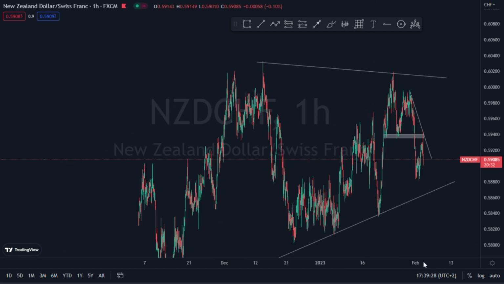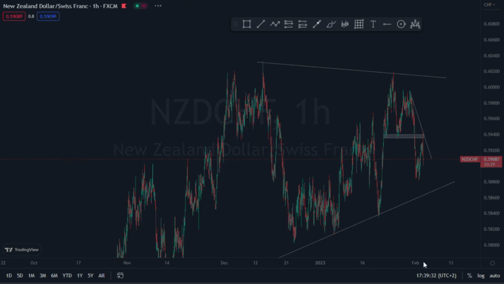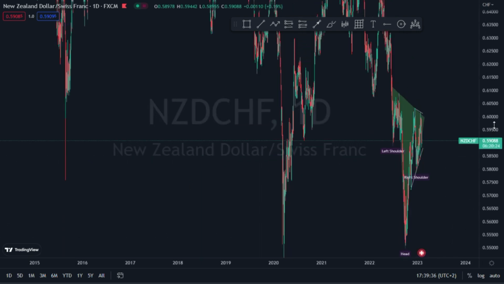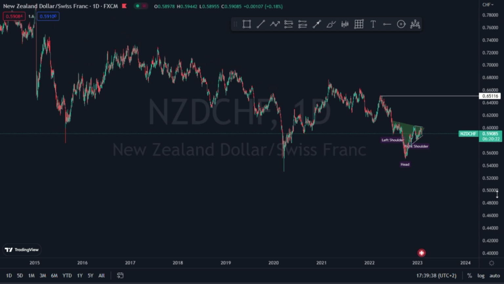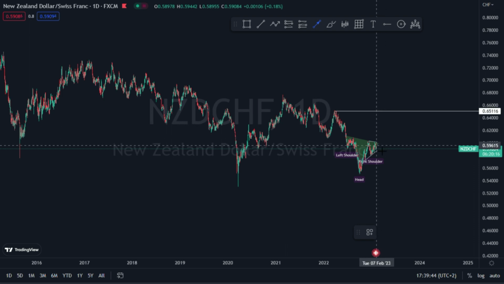So if I can just go back onto the daily time frame, we can now see clearly what is happening on this market, right? This is a high quality trade, which is expected to do something like this, come back,